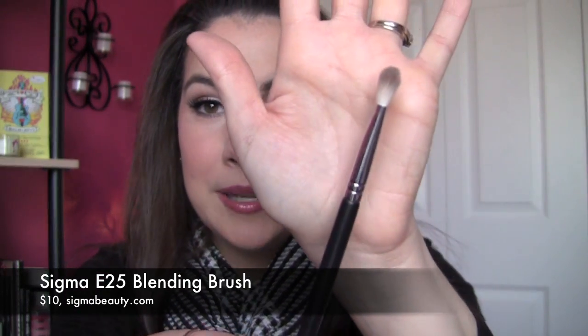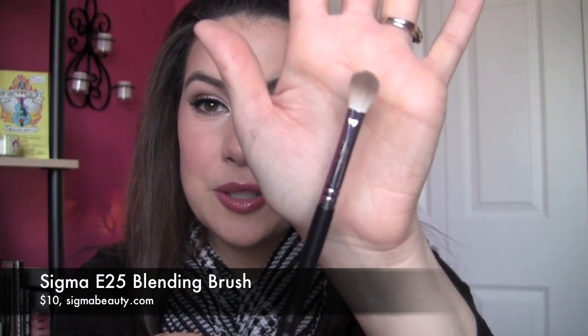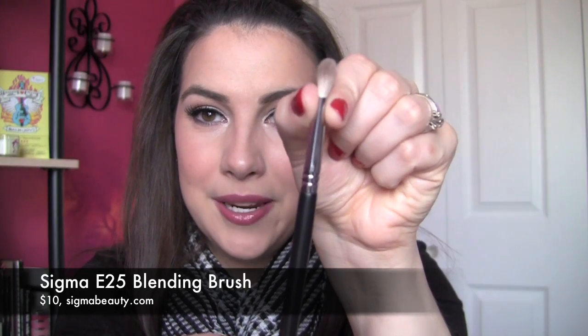But there is one brush outside that collection that I'm always reaching for, and it would be just a great little addition to have with that full kit. It's like the dupe, I think, of the MAC 217, and I'll put the official Sigma name down there because I've got the old numbering on this brush. I use this as a crease brush. It's kind of pinched at the top here, so it can be a little bit flat, but it's also a little bit fluffy. And it's just the perfect brush, and I've been grabbing it all the time for